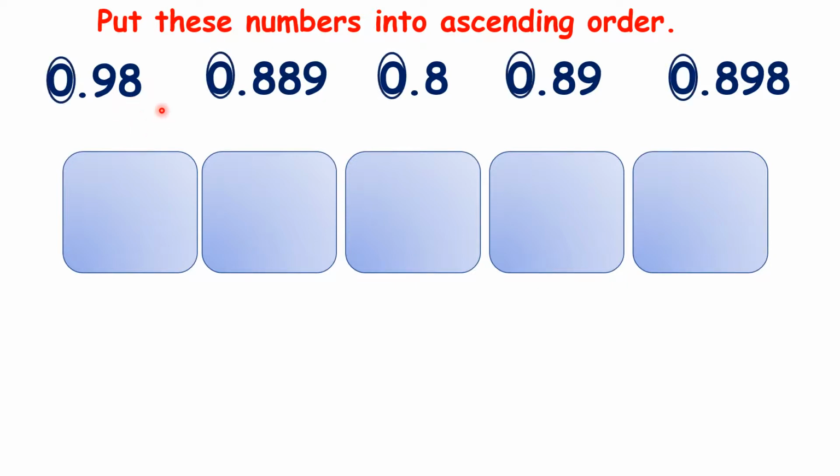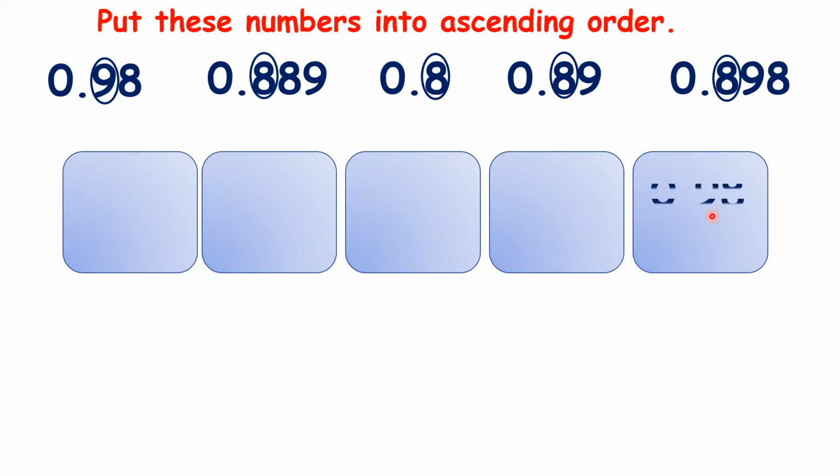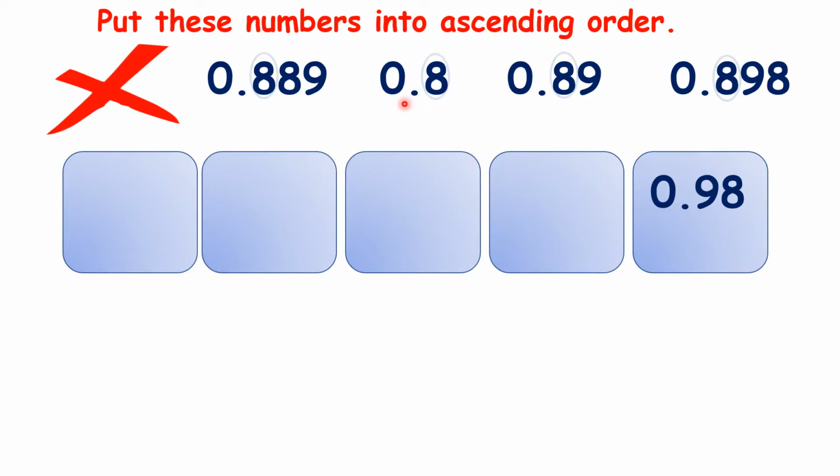So all of these numbers have 0 units, which means we need to start by going along to the tenths. This number has 9 tenths, but all of the other numbers only have 8 tenths, so we know straight away that 0.98 is our largest number. Now, because these four numbers all have 0 units and 8 tenths, we need to move along to the hundredths